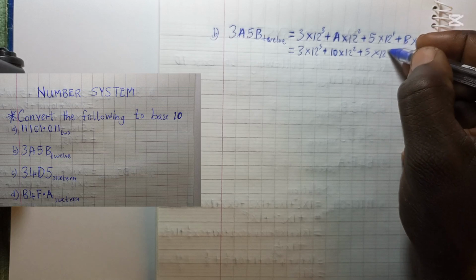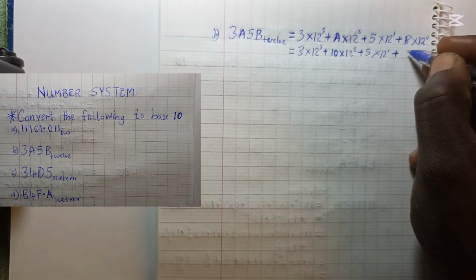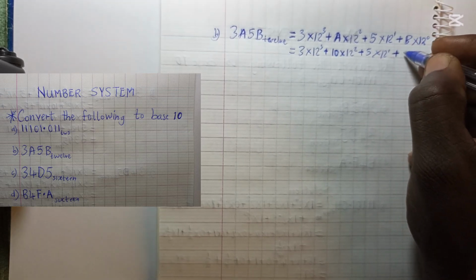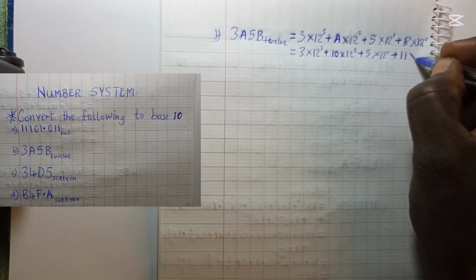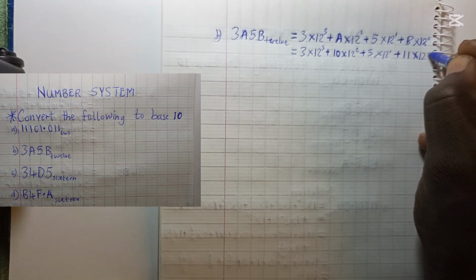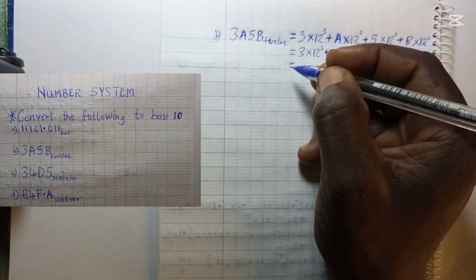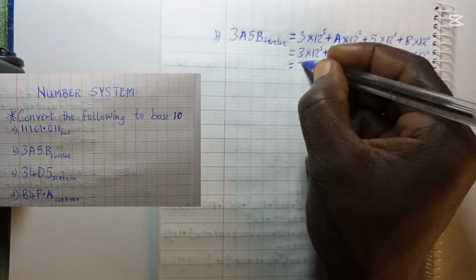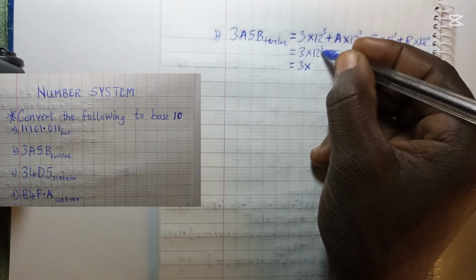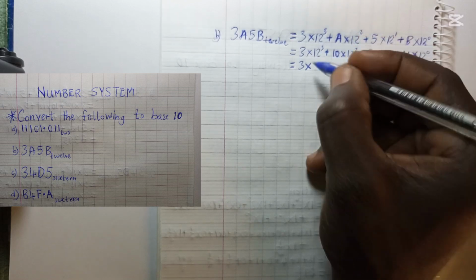12 raised to power 1 is still 1. Then B, after A, which is 10, B is 11. That means 11 times 12 raised to power 0. Now 3 times 12 raised to power 3, which is 12 times 12 times 12, will give us